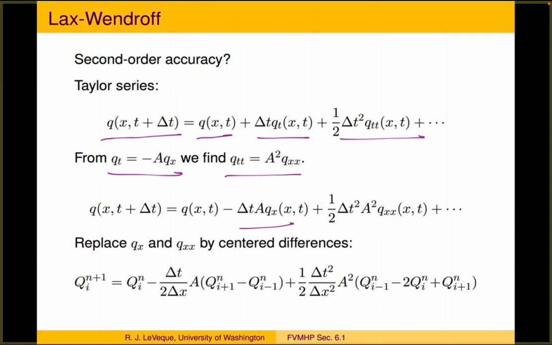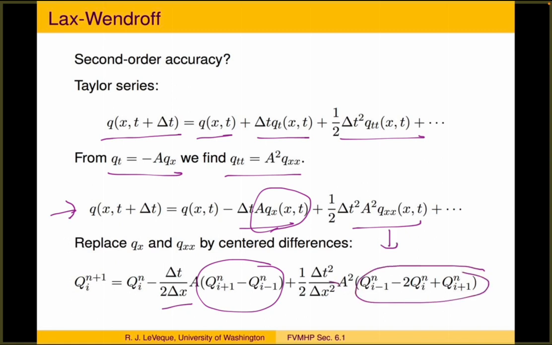The qtt term we can replace by a squared times qxx. And so we get this expression for the exact solution at time tn plus 1 as a Taylor series, but now where we've got spatial derivatives in it. And then if we replace each of the q's with the corresponding numerical approximation, and if we replace this first order term by a centered difference, exactly the same centered difference we looked at before that was unstable, Qi plus 1 minus Qi minus 1 over 2 delta x, but also add in an approximation to this qxx, that's the second difference divided by delta x squared,